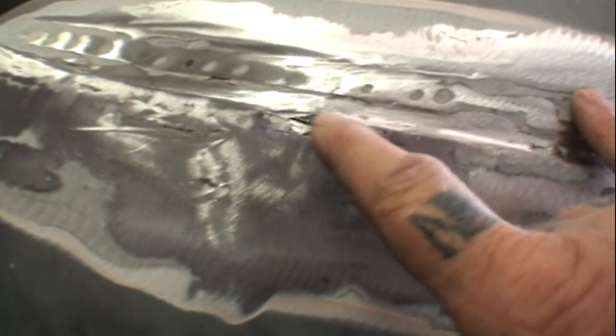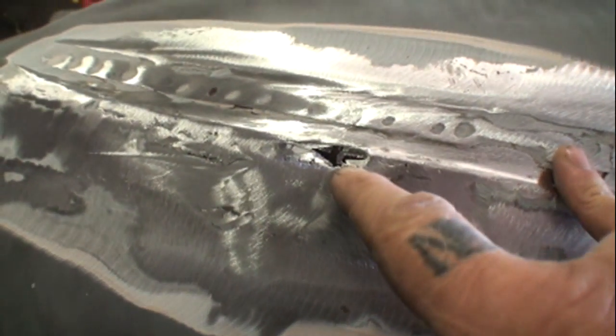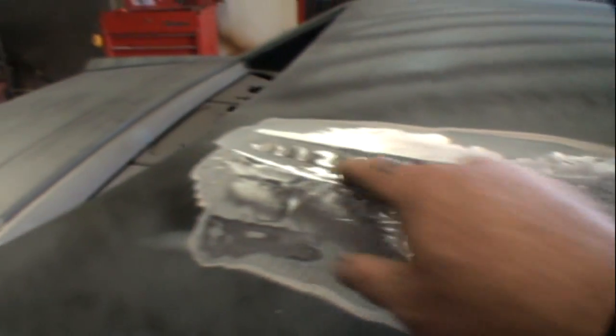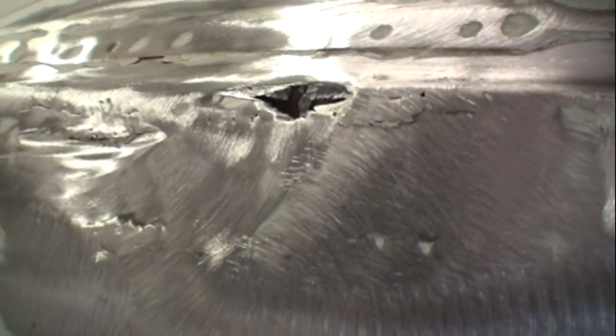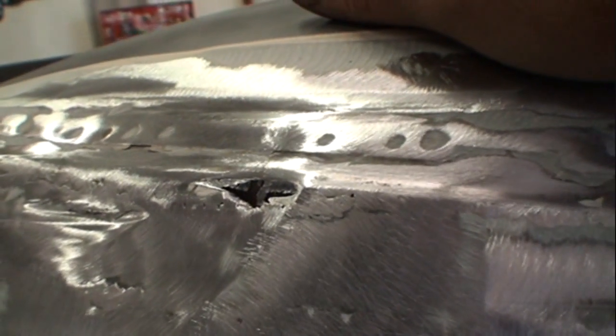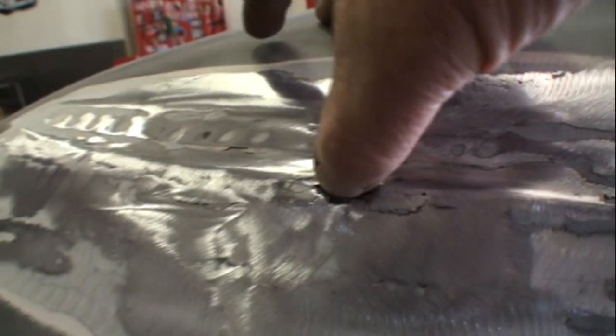I do not understand why they didn't cut that out. You can see that that is rust, okay? They took the top off and they left this right here like that. That's ridiculous. And then they went ahead and took some type of epoxy